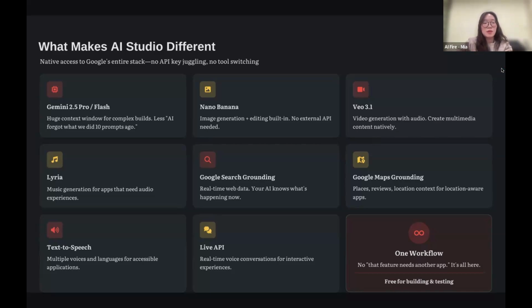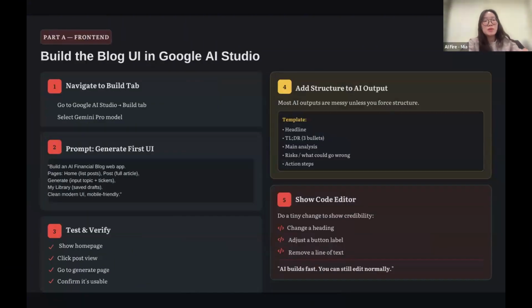For deployment, you have two options. One is to export to GitHub, or the second, you can deploy fast for the live demo that I'm going to show you right away. Okay, to build the website, you will have the front end, which is the live demo of the website. And the second,